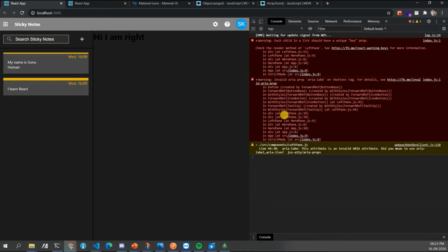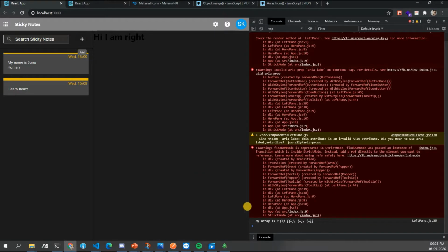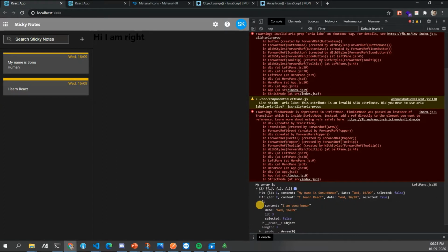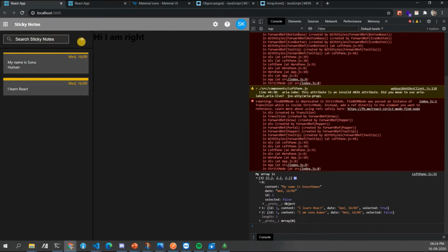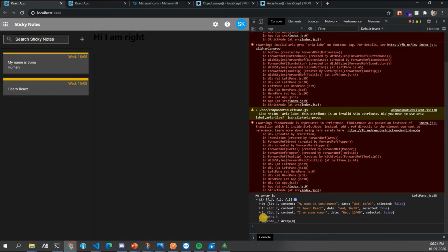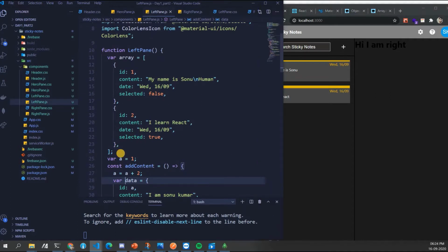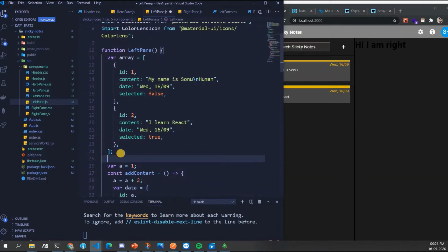Now let's do this. If I press Control Shift I and click on plus, my array is 3, but it didn't change dynamically. This kind of thing will happen because we are not using any state as such. So for your array, there is no event that is getting fired. Because of that, even if you push into this array element, your data is not going to change. So we'll see how to do that. You can always use a function here. So this is a hook, guys. This is one hook we will be using.